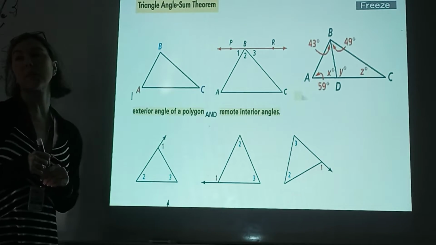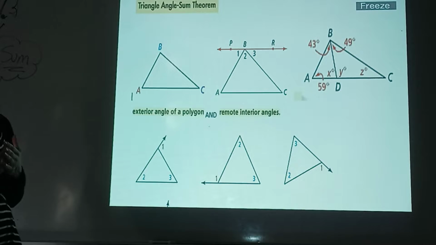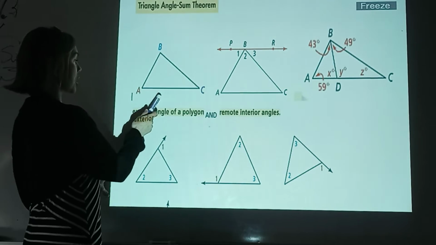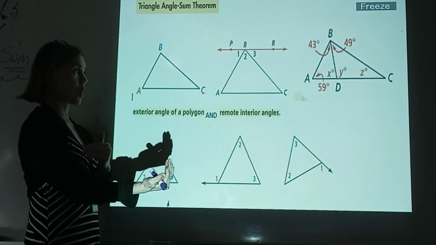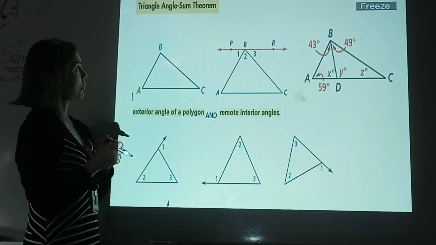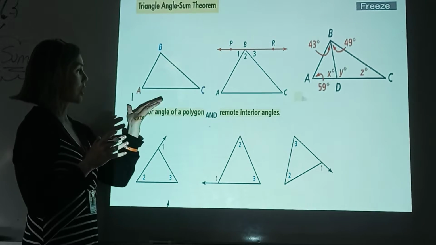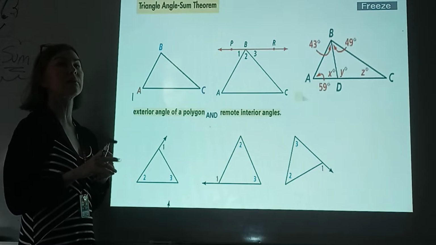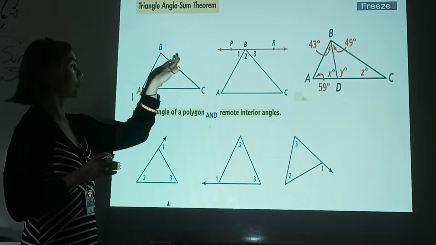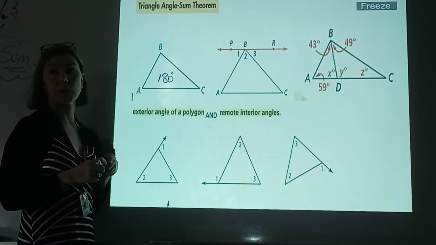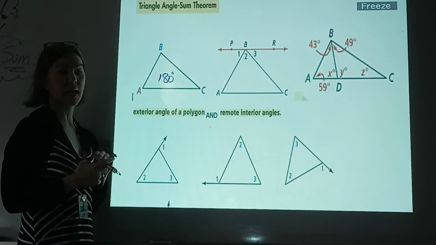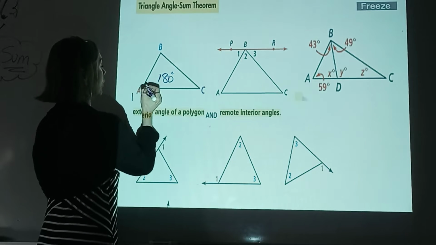We are now talking about the Triangle Sum Theorem today. You've already had the chance to draw some of these in your notes because we're reading and drawing, okay? We have a triangle here, and the Triangle Sum Theorem basically says that all three angles of a triangle add up to 180 degrees. So I'd like you to put 180 inside of that triangle, and I want you to know that